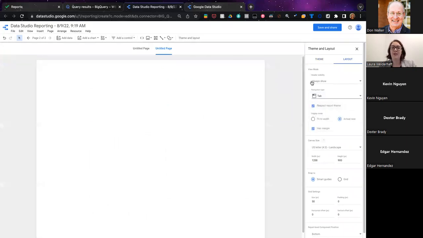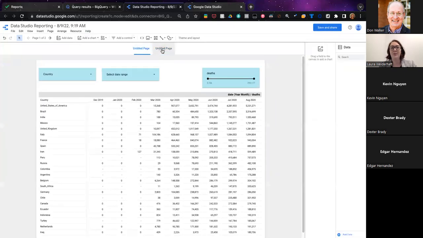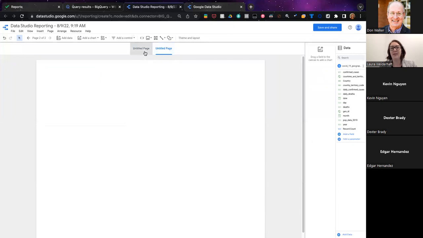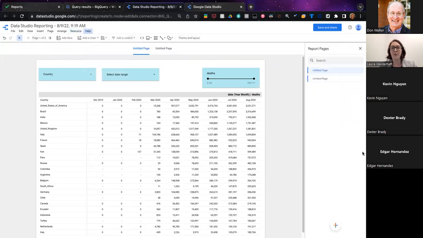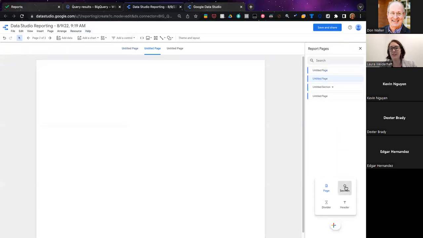I will often put my tabs up here, which is similar to browsing a website, so it's easy to understand that there's multiple sections. When working with pages, you can also create sections that you can drag multiple pages into. And then on your header, you get a little drop down here.